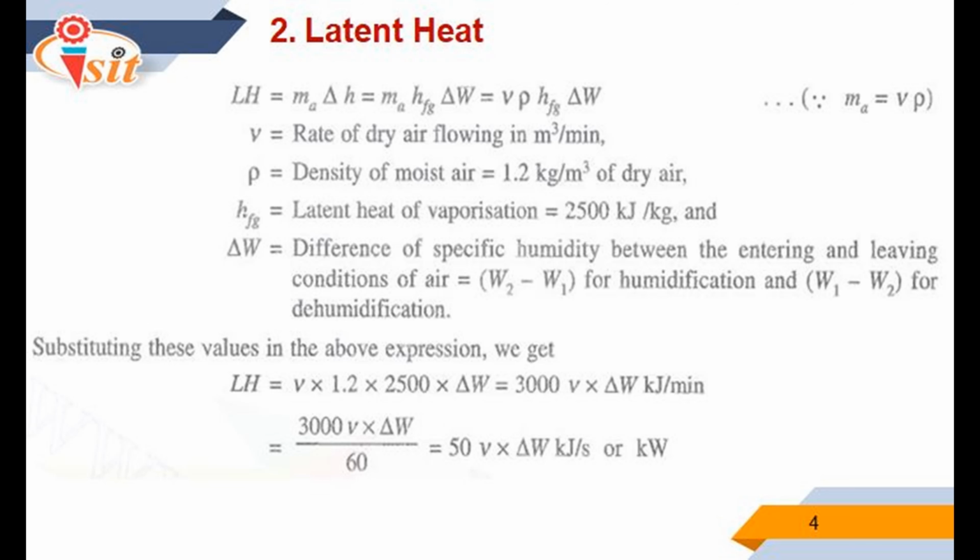Substituting these values in the above equation, we will get latent heat is equal to V into 1.2 into 2500 into delta W. Means latent heat is equal to 3000 V into delta W in terms of kilojoule per minute. In terms of kilojoule per second, means in kilowatt, the latent heat is equal to